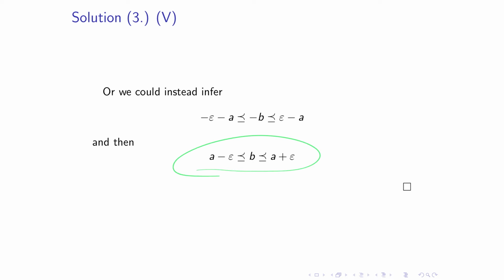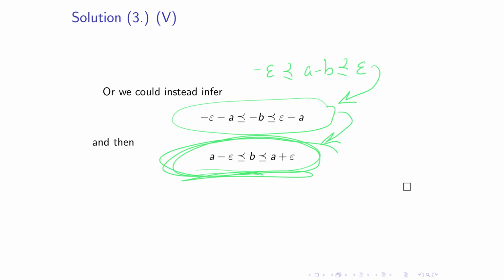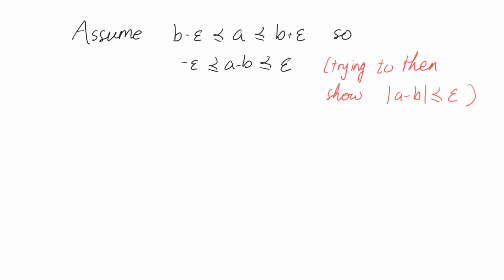Well, let's backtrack to the point where we had negative epsilon ≼ A minus B ≼ epsilon. Now this time, what we could do is subtract A from everything. And then we get this, right? So from here to there, subtracting A. Now we can multiply by -1 throughout. It flips the inequalities, but you get this as a result there. And we're done. So let's now talk about the other direction that got left out here, the if direction, where